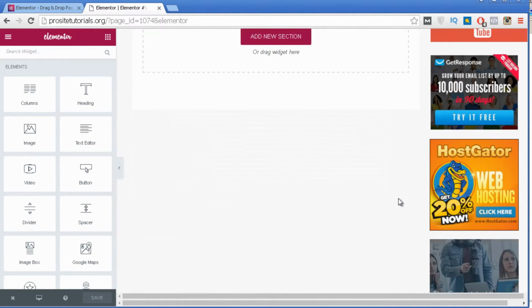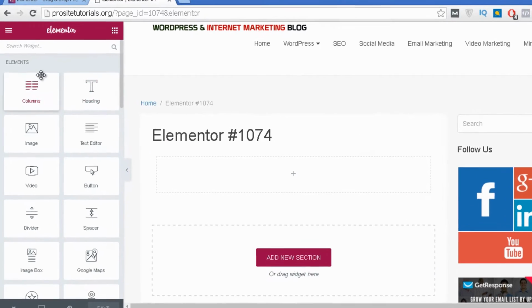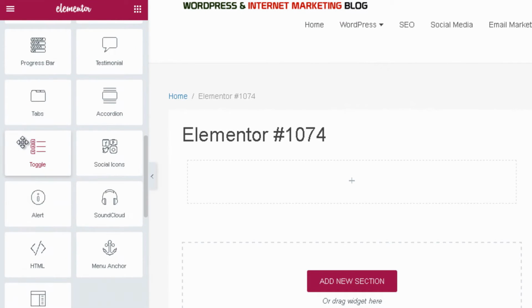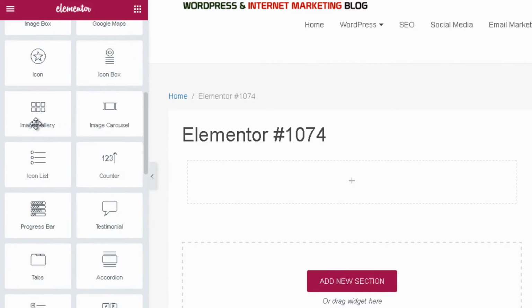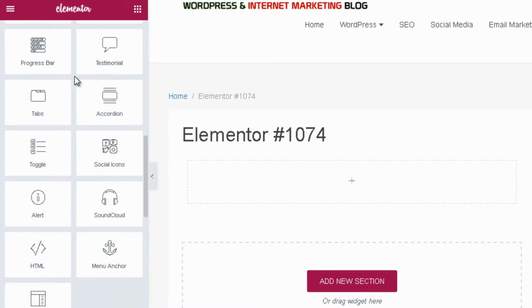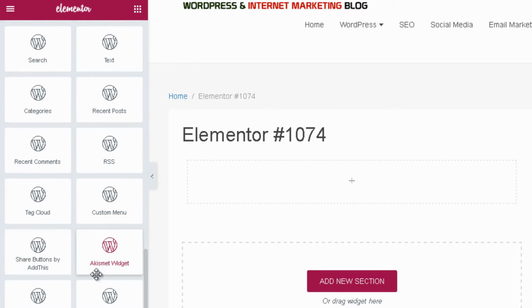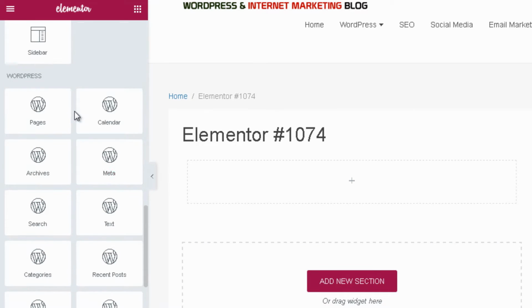So this really depends on the theme that you're using, but you can see that once you enter, you have over here on the sidebar several elements that you can use, and you can see that this is the free version, and it's quite crazy the number of different elements that you can use inside of your page. You have so many different options, as you may see, and below you can see these are widgets, WordPress widgets that you can add to the sections inside of your page if you want, such as the calendar, pages, archives,